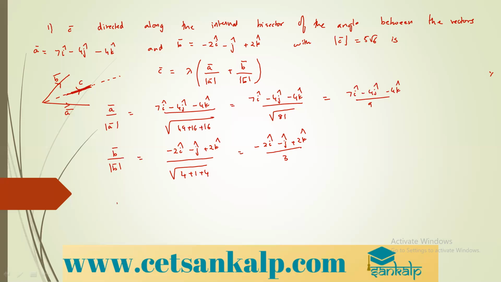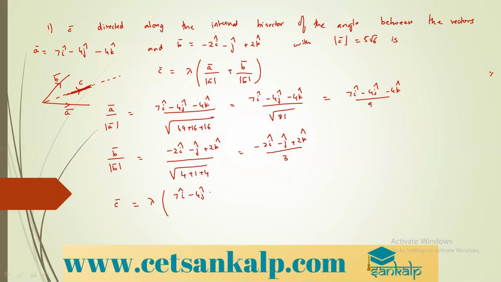So now we have c equal to lambda into... I can add up both. So I will have 7i